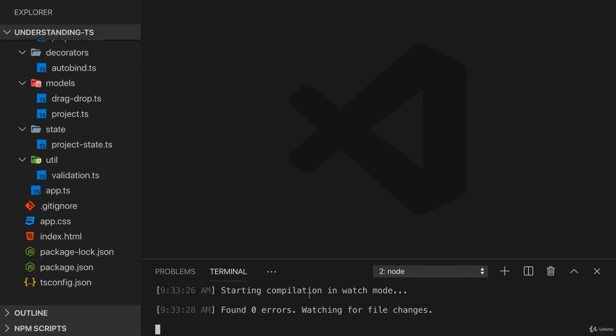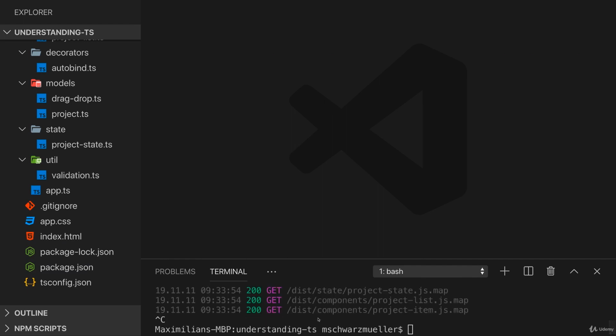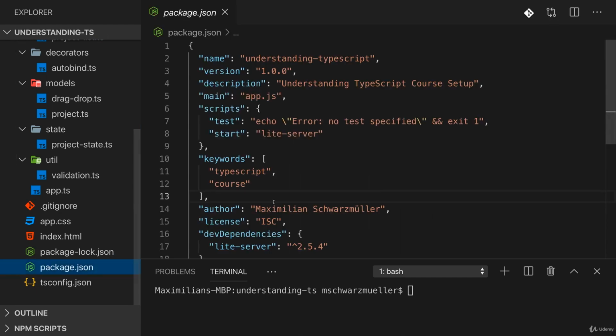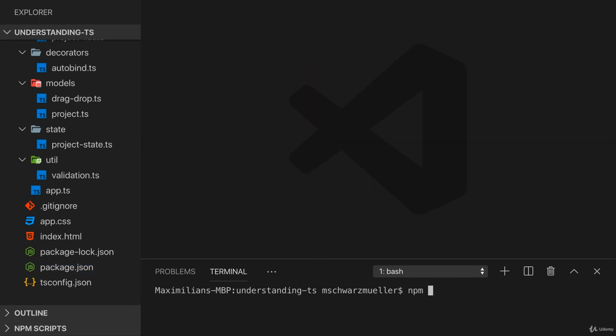So back in our project, if you want to use Webpack there, I will first of all quit my compilation and that current development server and instead make sure we can use Webpack there. Now, since this is already a project with a package.json file, we can use npm to install more dependencies into this project. So simply more third-party libraries we need in this project. And here I don't mean third-party libraries which provide us certain functionalities we use in our code, but instead third-party libraries that help us set up a project workflow and configuration that makes development very efficient for us. We do this with npm install